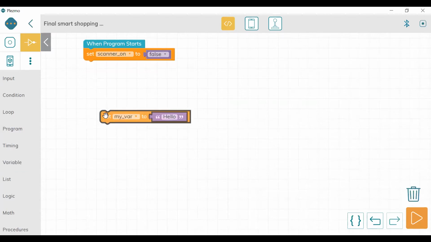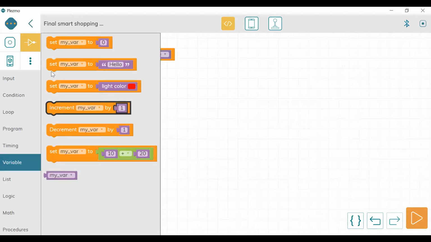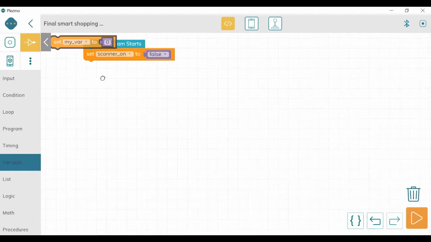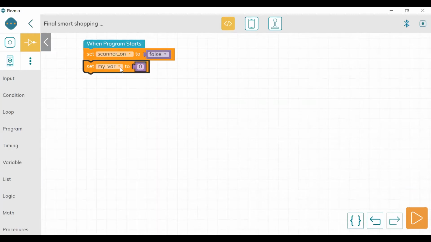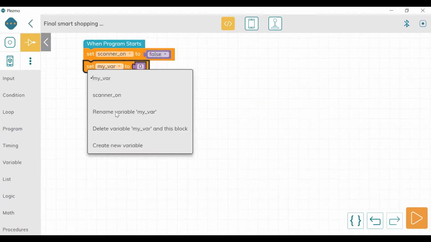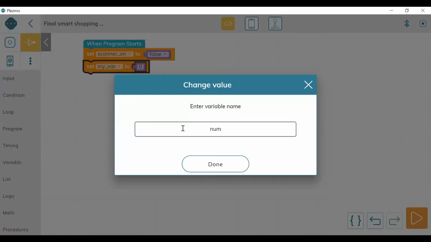Instead of taking this, we are going to take another one and give it a value. So here it is number of items.